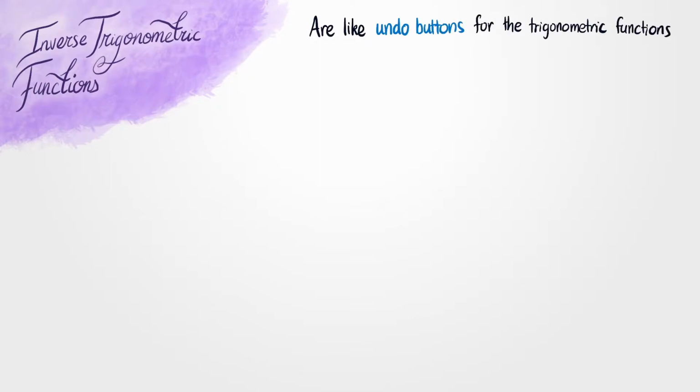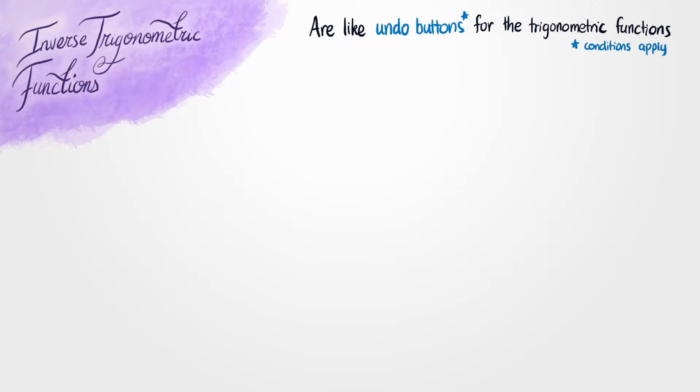In this lesson, we're going to be talking about the inverse trigonometric functions. In a sense, the inverse trigonometric functions are just like the undo buttons for the normal trigonometric functions. However, because these undo buttons are actually going to be functions, some conditions are going to apply. To explain to you how these undo buttons work, and to explain why I'm saying conditions apply, let me start